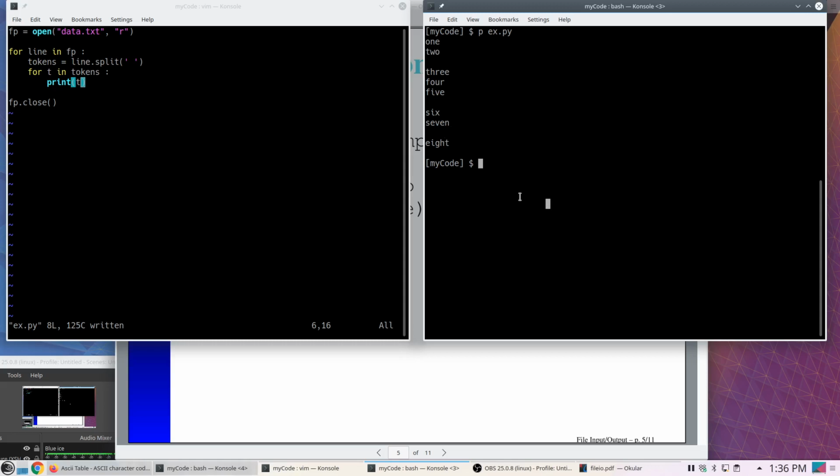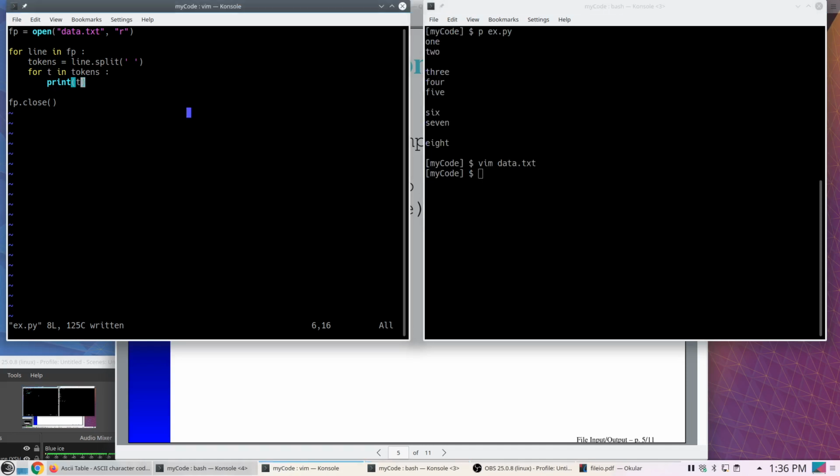And depending on the file, was there a blank line in here? There's no blank line, so there's none at the end. So what do I do about that? Well, there's a string library function called strip that gets rid of white space. I discussed it in my string video. So what I can do is